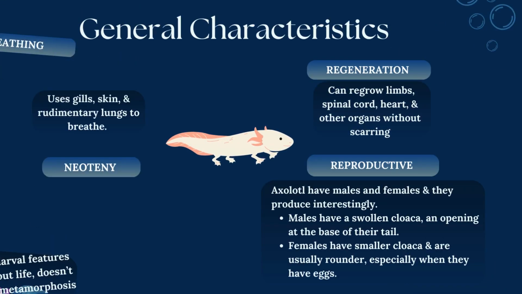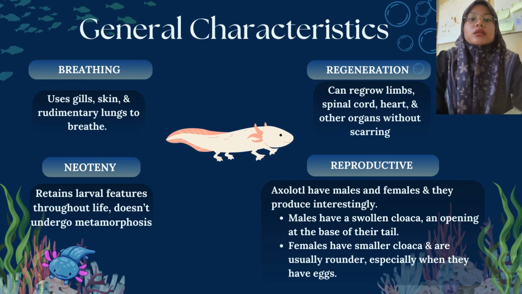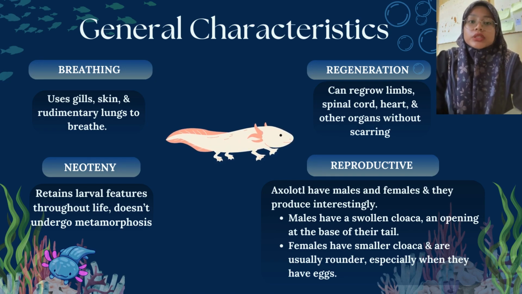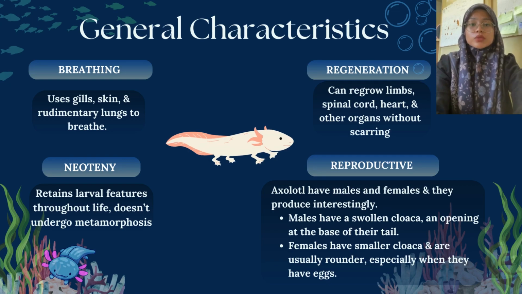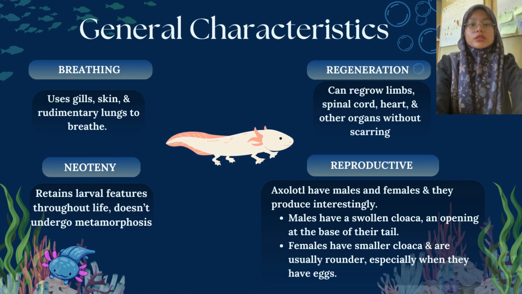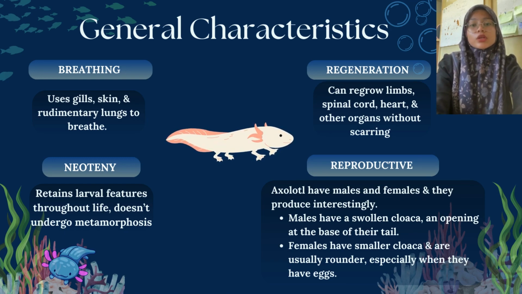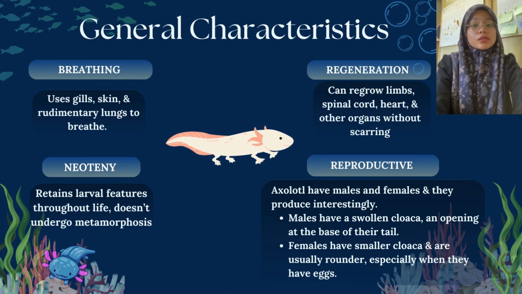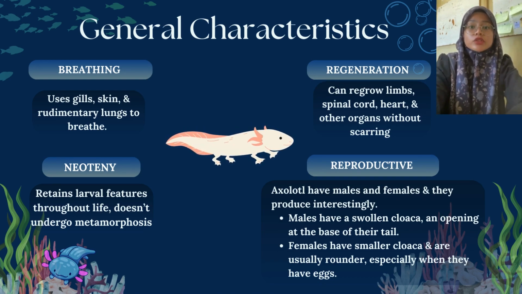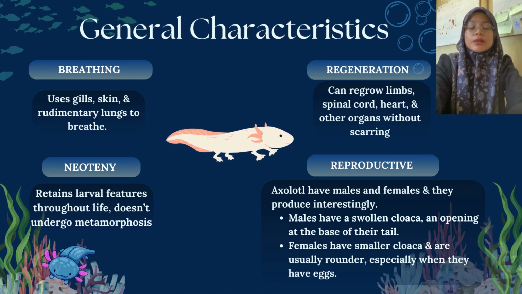On to the general and unique characteristics of axolotls. They keep their larval features, like gills, even when they grow up. It's called neoteny. Unlike most amphibians, which undergo metamorphosis and lose their larval traits, axolotls keep their youthful characteristics throughout their life, which means that even when they grow up, axolotls still look like their younger selves, complete with those cute feathery gills. However, these gills are not just for show, but they play a crucial role in helping axolotls